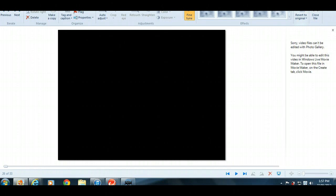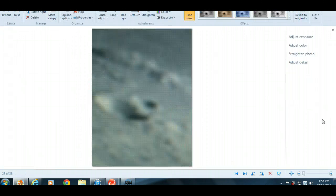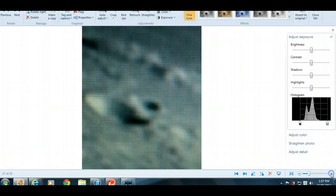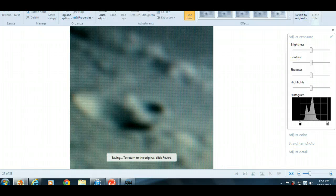Okay, now we'll go. That's finished. We'll go to the pictures now and analyze them. So that's the first picture, or the last one as it's actually downloaded. Now that's that thing that seems to be coming out of that hole. It's like a big worm, or a drilling device. Look at it. There's the hole, and there it is coming out. I know it sounds crazy, but